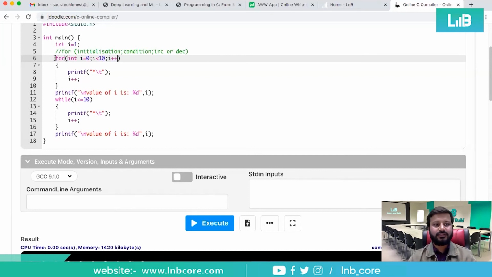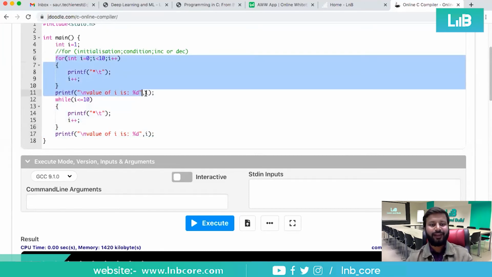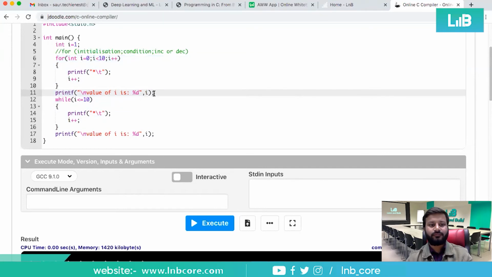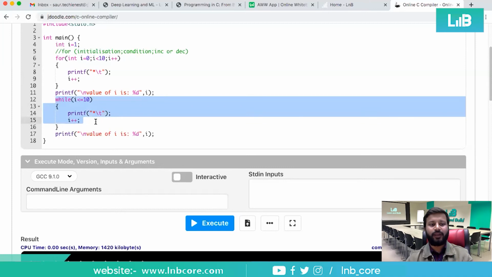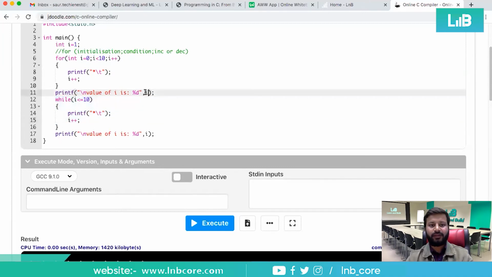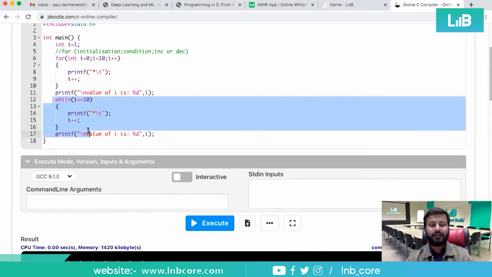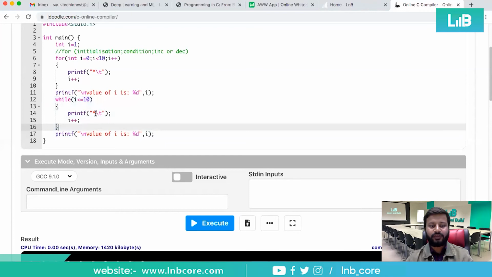Now the problem with this program is, after this for loop, the value of i will become 10. And if it is 10, this while loop will only run one time, because it will start from 10, and whenever it comes out of it, the value of i will become 11.